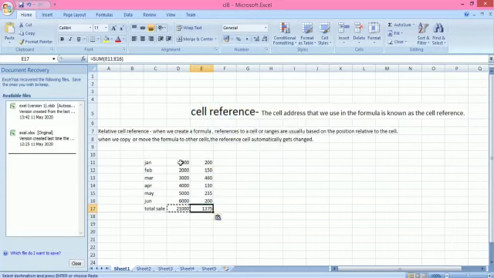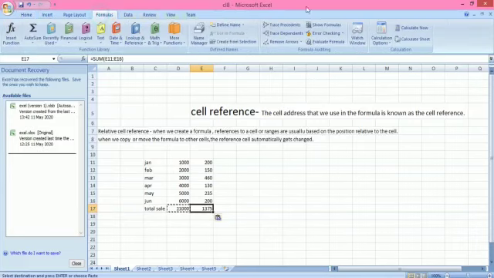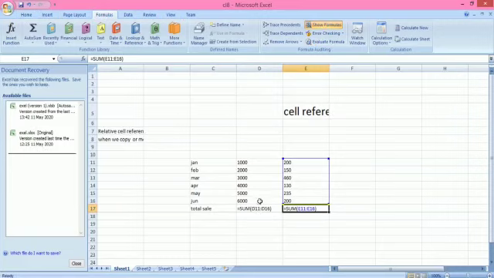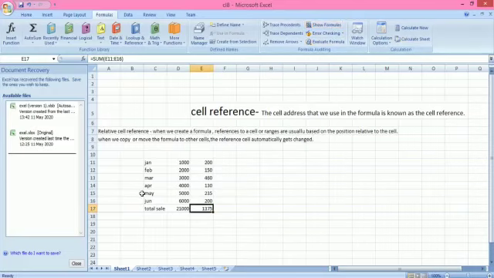It gives the calculation of this number and the sum of this number. Now we will check how it is. See, the formula is calculated from D11 to D16, and when we have copied this formula here, it has calculated E11 to E16. So we can say that it is a relative cell reference. Hope you understand this topic. When we copy or move the formula to another cell, the reference cell automatically gets changed. We have checked here how it automatically gets changed.